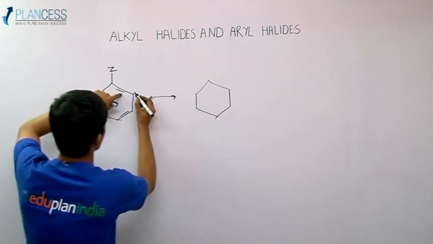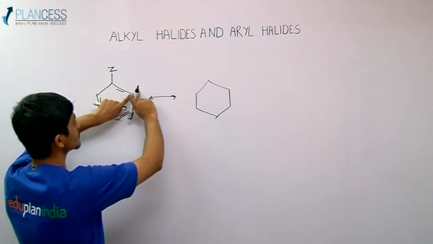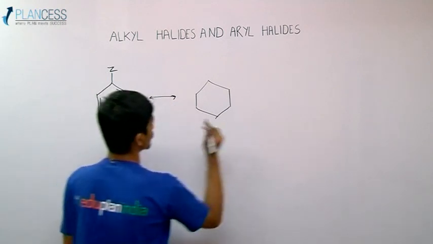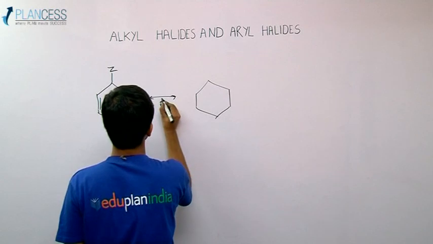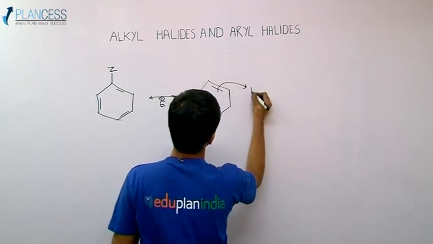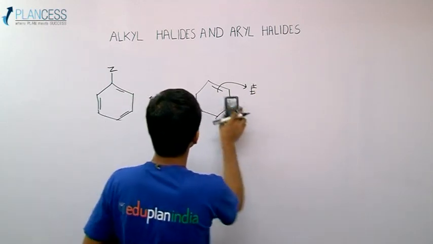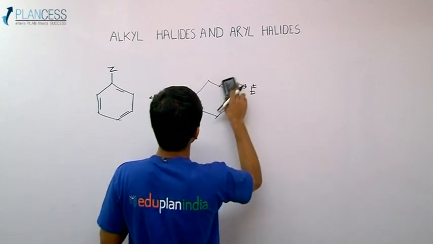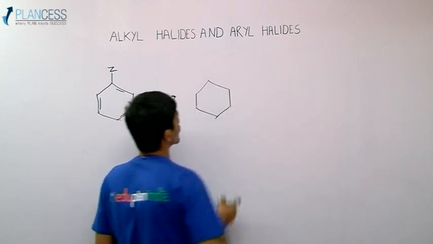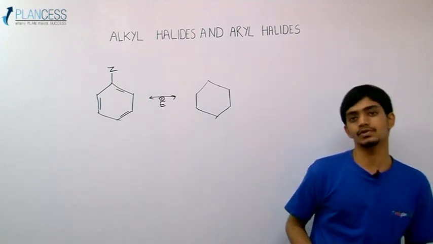Suppose I am donating from here. This carbon has some electron density, and if this carbon donates the electron density to the incoming electrophile, E plus, I have donated the pi bond density to E plus. What I can write over here is that the double bond is broken and a single bond, or sigma bond, is formed. As you see, we have a breakage of a pi bond and a formation of a sigma bond,